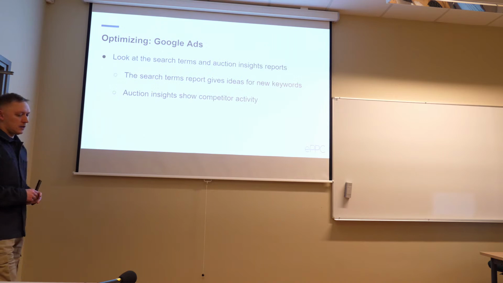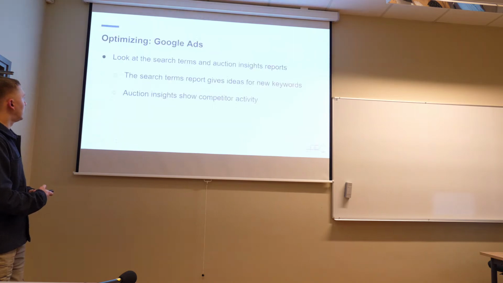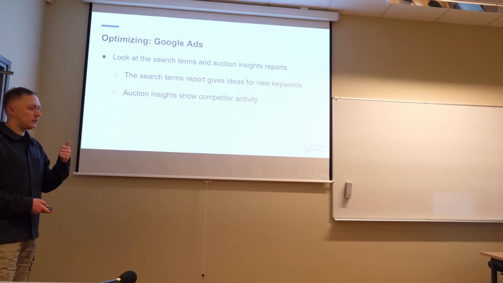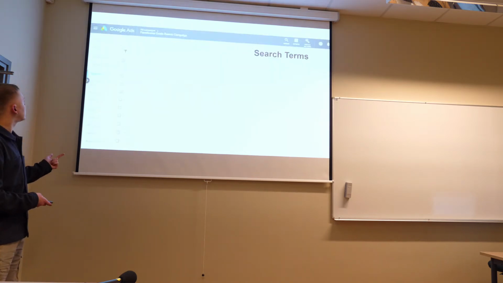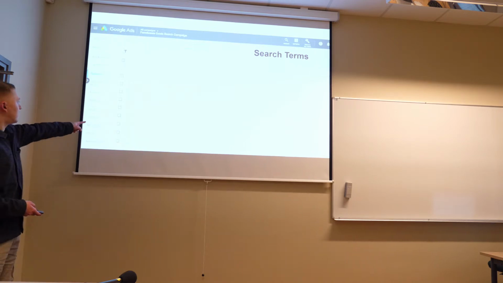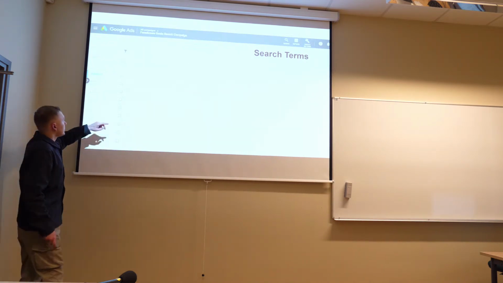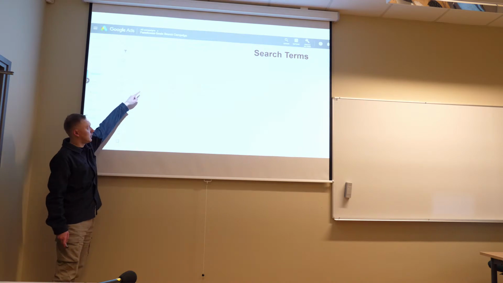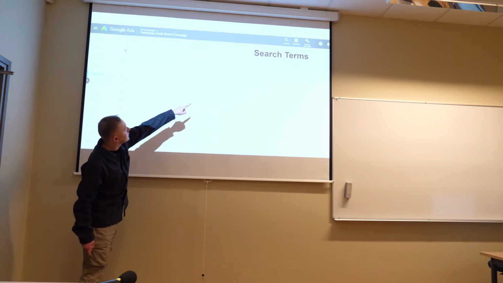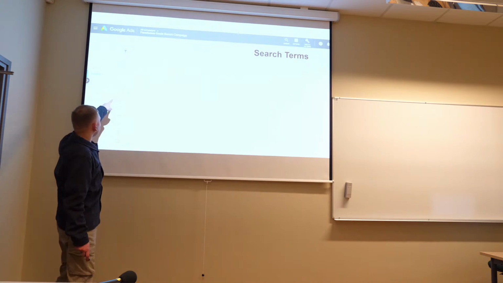And another thing while optimizing your campaigns is looking at the search terms report and also the auction insights report. The search, that's not a good screenshot, but I hope you can see. That's the search terms report, and we have here Farmhouse 6, which is added by the advertiser here. It has 2 clicks, but